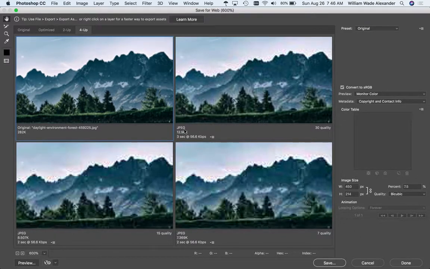So we have a JPEG here with its quality set to 30. We have one here with the quality set to 15. And we have one here with the quality set to 7. And as you look at these compared to the original, you can see, especially up here in the sky, some weird pixels. These are called JPEG artifacts showing up in the image along that ridge. Not here at all. When I look down here at the 15 quality, I can see those, but I can